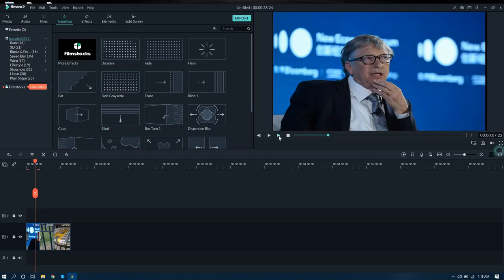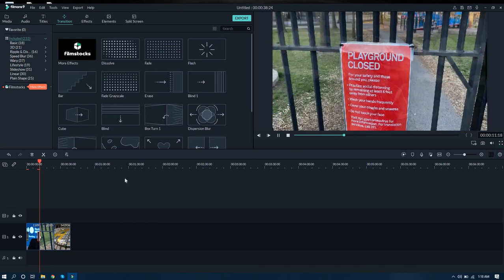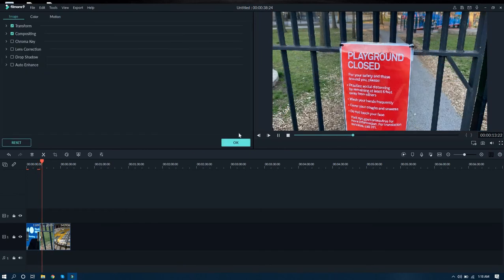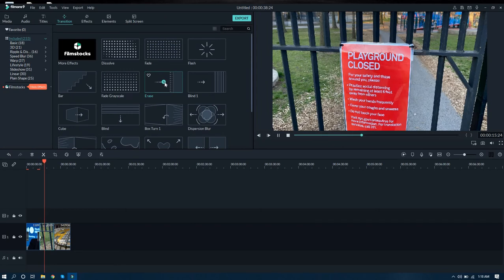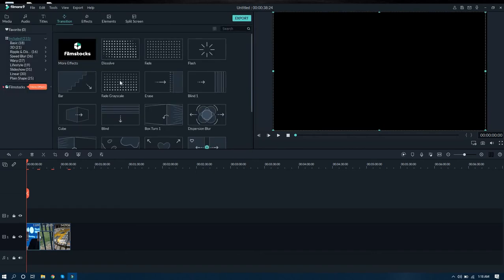If you play it, you will be able to see how it transitions to the next video. And you can add the transitions to all the videos, all the images throughout the video. Okay, then the transition part is over.